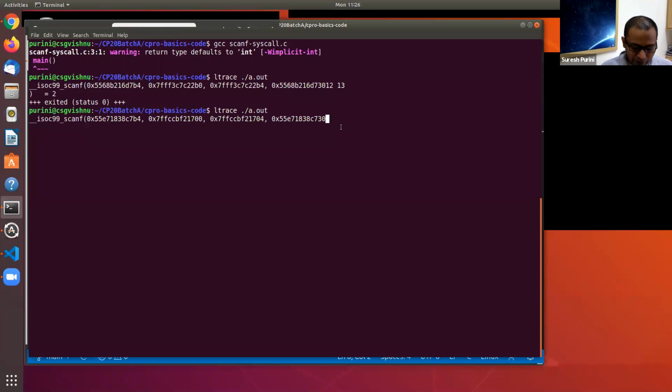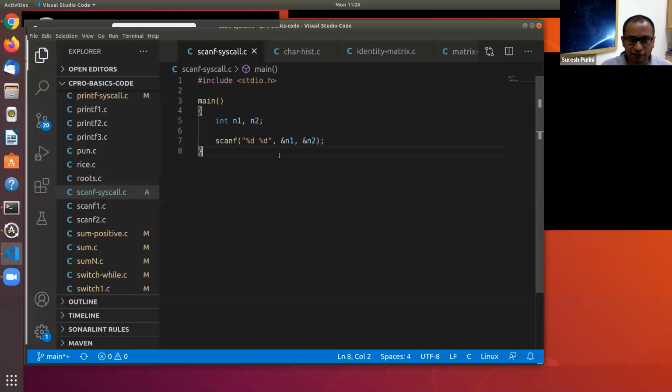Right now, in order to make it clear, I'm just entering 12, 13. These are the two things that I'm entering. Scanf is returning saying that I successfully read two values, and that's what is expected of scanf.